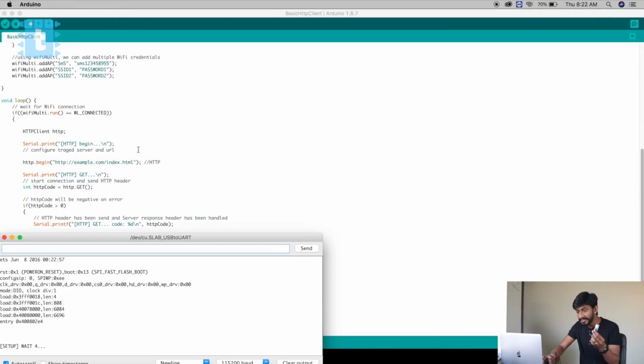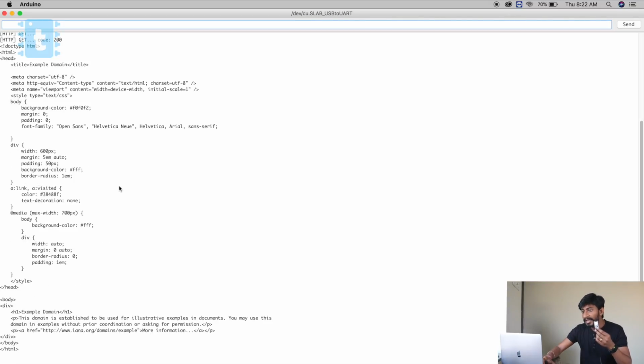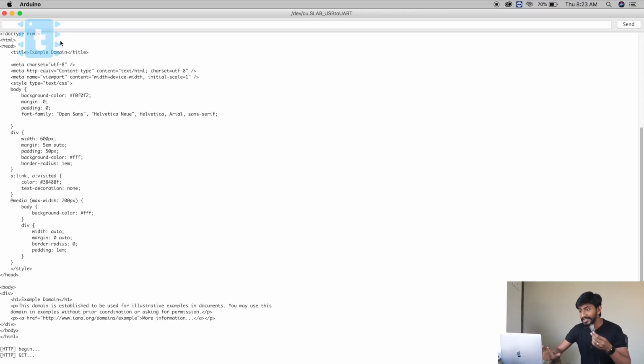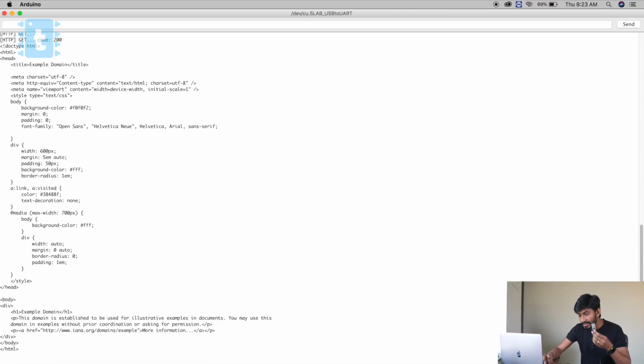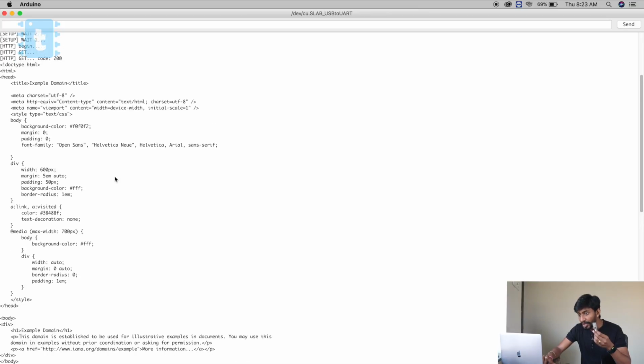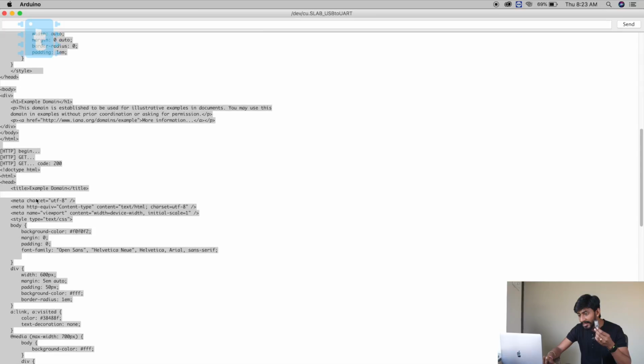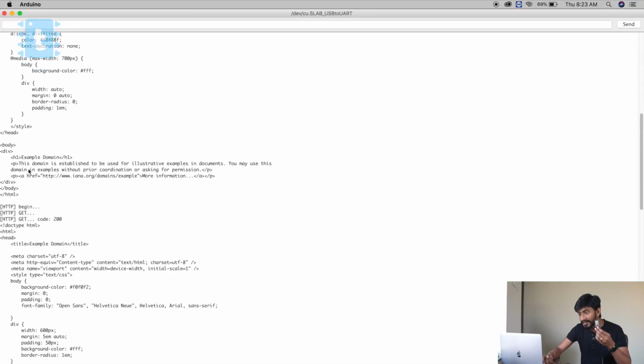So I just press the reset button and it says 4, 3, 2, 1, and okay, it's begin and it's requested the link, and we got the code 200, which I already told you is a successful request code. And let's just stop this auto scroll and observe what we got in response. So we got an HTML page in response, and as you can see here, it is written